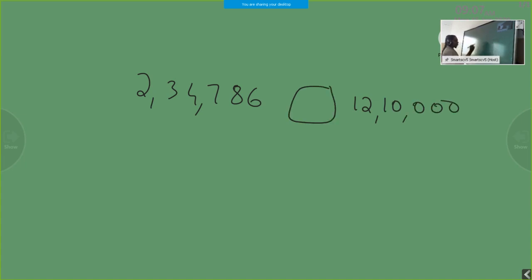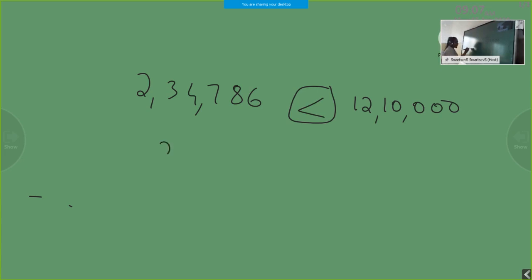In these cases, I know you all know this one. First thing, we have to count the number of digits. In the first number we have only 6 digits, but in the second number we have 7 digits. So what is the first rule? First count the number of digits, and the number having more digits is the greater one. And you have to put the symbol towards the bigger one for the greater number.